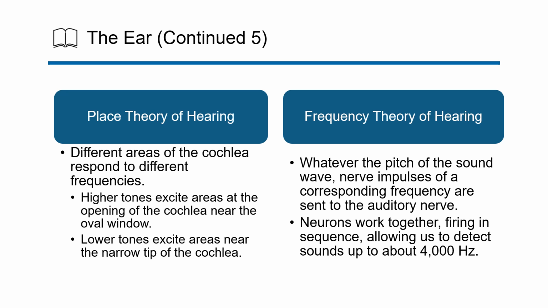So when high frequency sounds enter the ear canal, they cause vibrations in one part of the cochlea, and the lower frequency sounds cause vibrations in another part. So that's the place theory of hearing. The implication of this to psychology is that it helps explain how we perceive different pitches or tones in sounds. It shows that our brain can determine the pitch of a sound based on which part of the cochlea is most active.